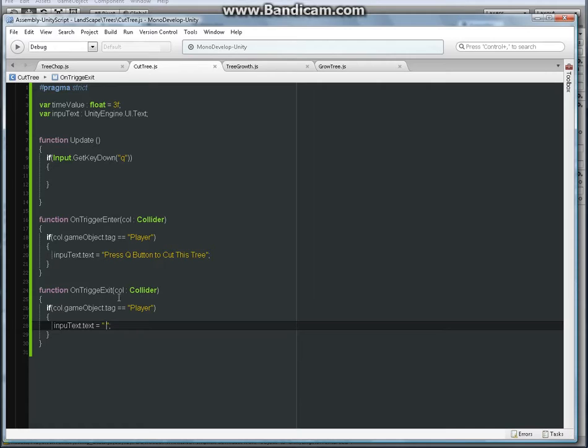On trigger exit, call collider, player, input text, the text. Yes. So it's not going to work because we don't have a way to determine whether we are in the box. Well, the on trigger enter works fine, but on trigger exit doesn't, since we haven't determined whether we entered or not. I mean, it should work, but